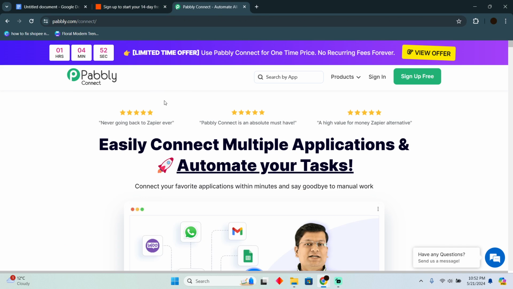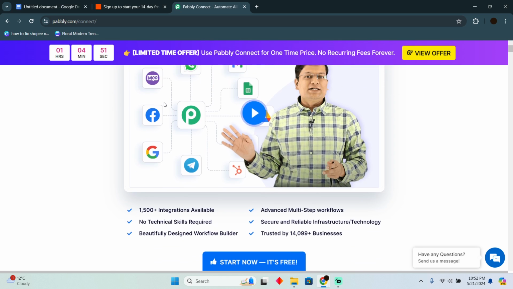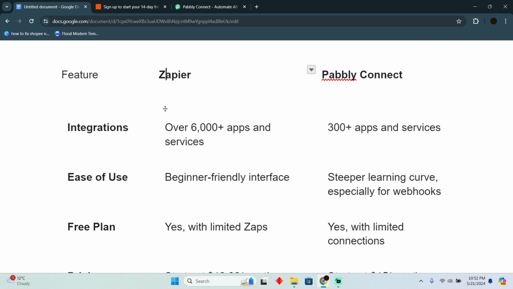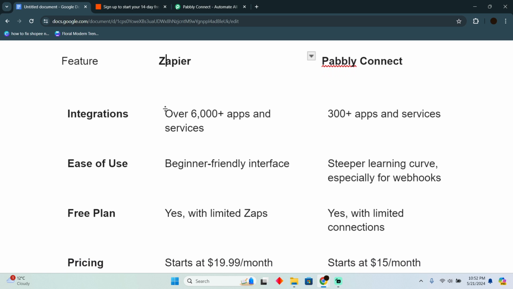Zapier versus Pabbly. Today we are going to demonstrate the difference between Pabbly and Zapier. In order to do that, I have made this table which will demonstrate the difference. If you talk about the integration, Zapier has over 6,000 apps and services, while Pabbly only has 300 plus apps and services. If you talk about ease of use, Zapier has a beginner-friendly interface, while Pabbly has a steeper learning curve,